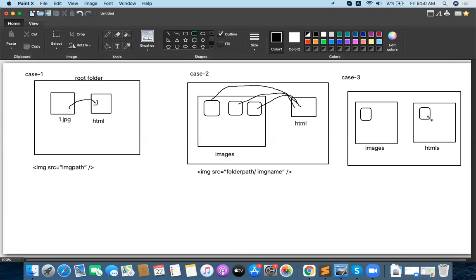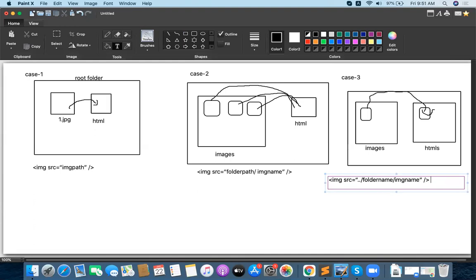So these are in separate folders, right? This is my HTML, this is my image. How to load this particular image into this particular HTML? This is something like a two-folder jump process. One folder needs to be out, and one folder needs to be in. In this particular case, the syntax is very simple, straightforward. You only have to mention double dot backslash. So now I should provide img src equal to double dot, backslash, folder name, backslash, img name. That's all enough.